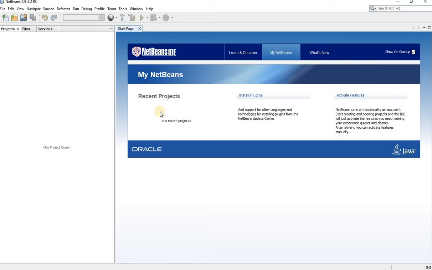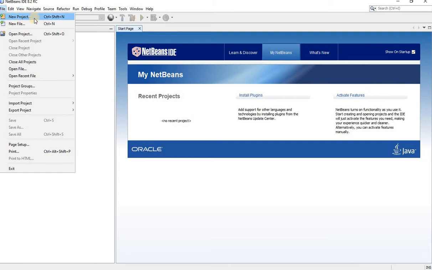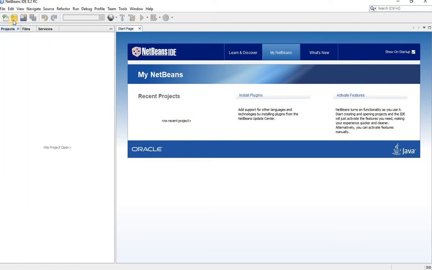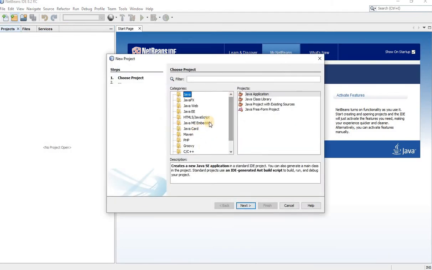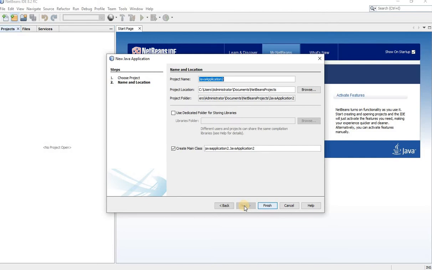Once you open the NetBeans software, you will see this interface. You have to go to File, New Project, or you have a shortcut here. You can see the control here. You can click on this to go to New Project. NetBeans can be used to write any type of programs. You can see all the different types of scripts and applications provided. Now we are not interested in anything else. We are going for Java application. So let's select Java application and say next.